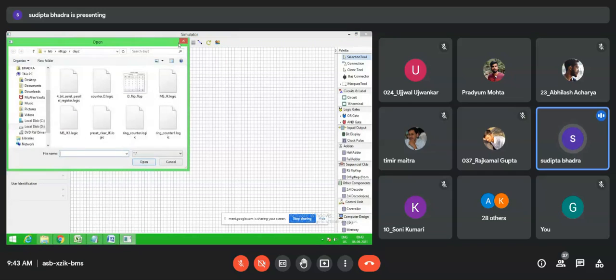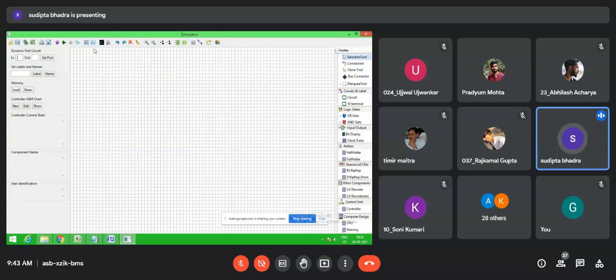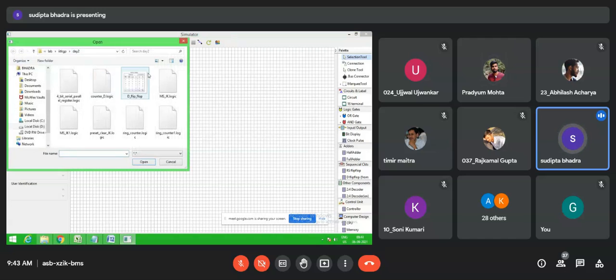So here one thing you please remember, that when you are loading a circuit, the clock should be in stop state. That means when this start clock button is disabled, the clock is in running state. So if you click on stop clock, then this start clock button will enable. That means the clock is not running now. So at that stage you load the circuit,